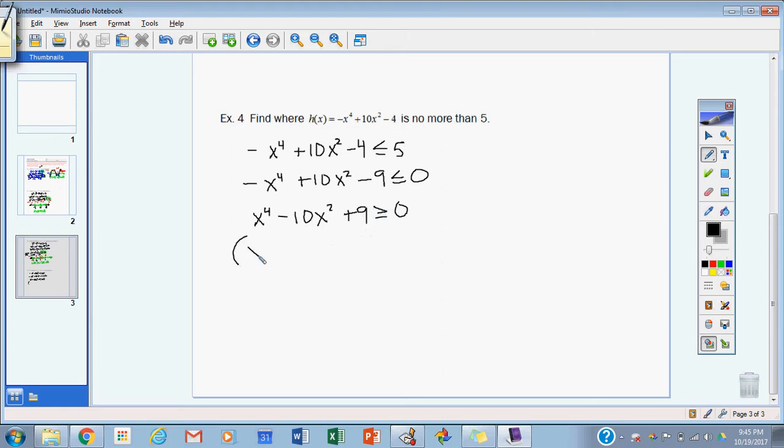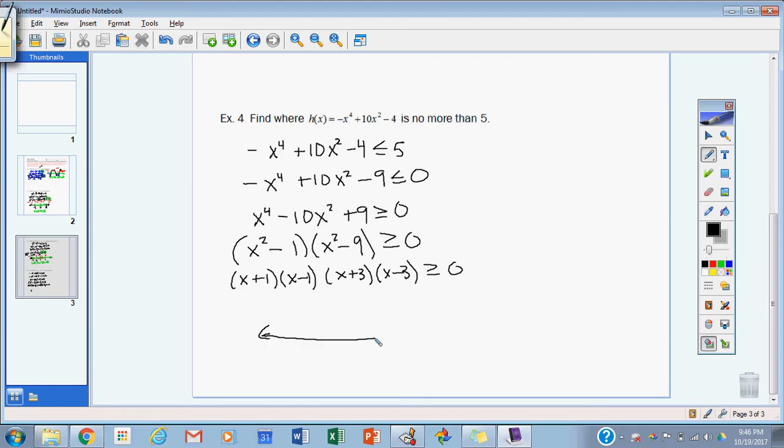All right, so now I've got x squared minus 1, x squared minus 9, greater than or equal to 0. And my values are basically, well, let's factor it out some more. x plus 1, x minus 1, and then x plus 3, x minus 3, greater than or equal to 0. So when we go to graph it, I'm going to try to teach it a little bit differently this time, for a different connection. But basically, if we were just to graph this, if it's set equal to 0,